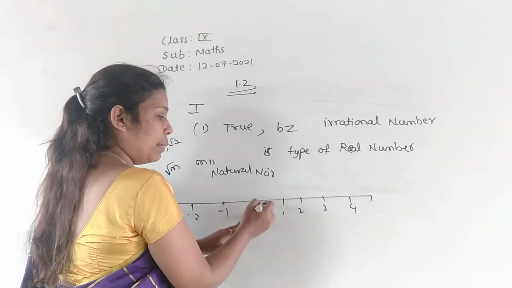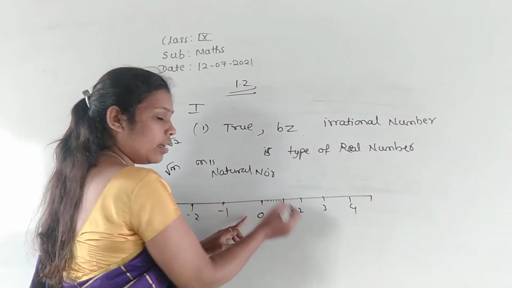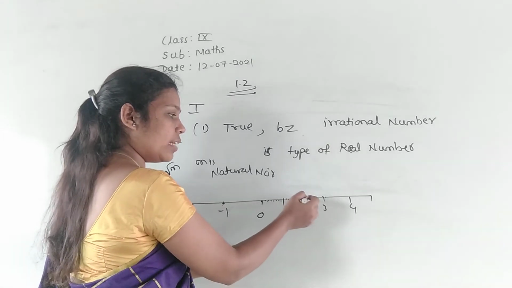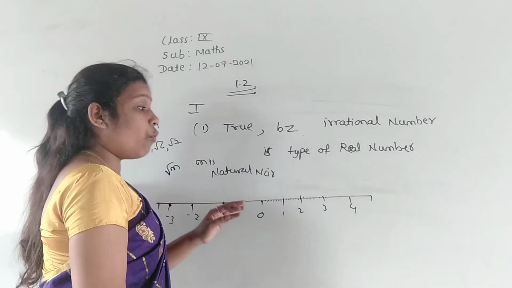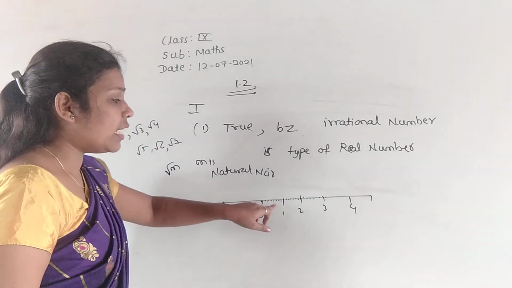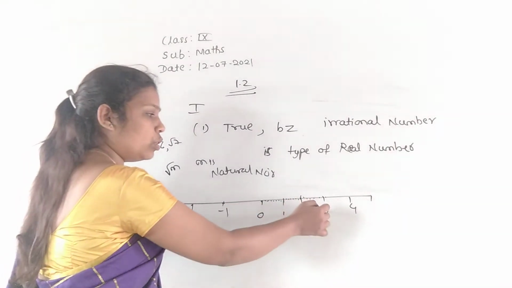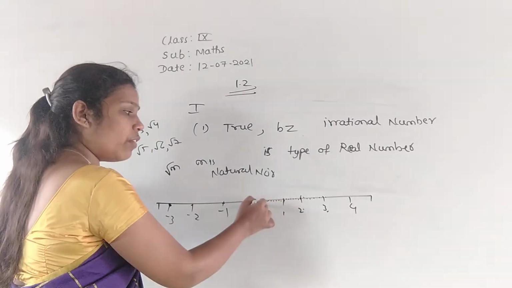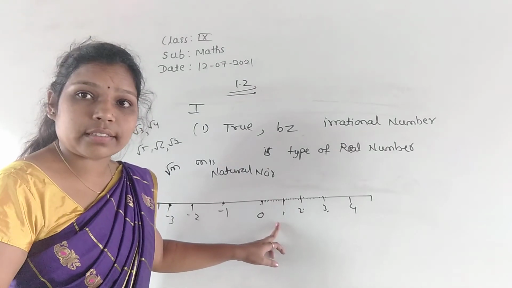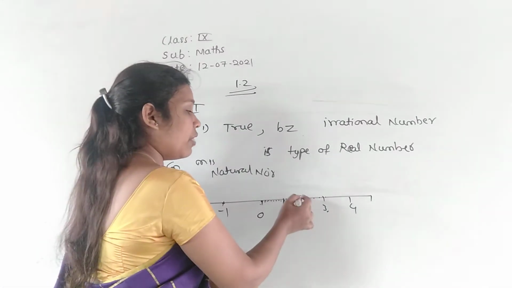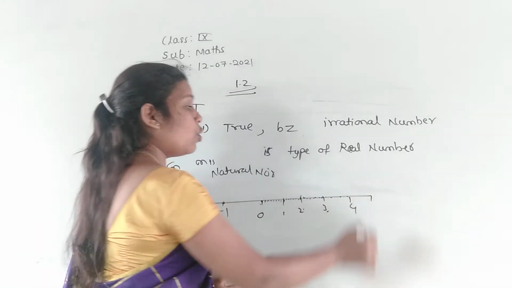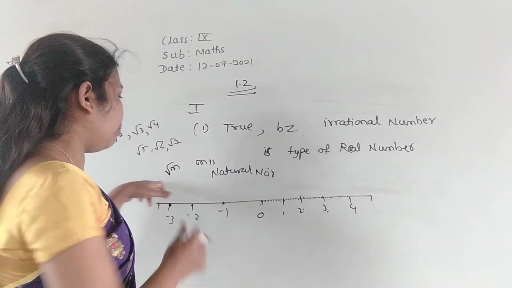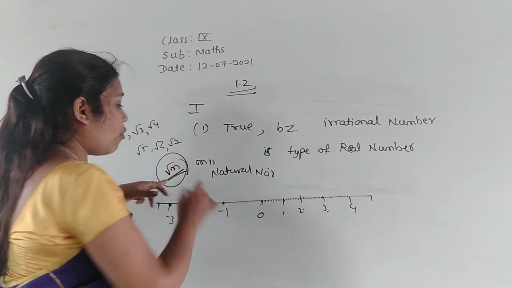Not only this point, in between 0 and 1 also so many points are there, right? In between 1 and 2 also so many points are there, and in between 2 and 3 again some more points are there, right? So every point means you have to consider each and every point here, not only 1, 2, 3, 4 like that. In between 0 and 1 also there are infinite numbers of points. So for that reason we can consider these points also. They told every point on a number line is of the root m form.